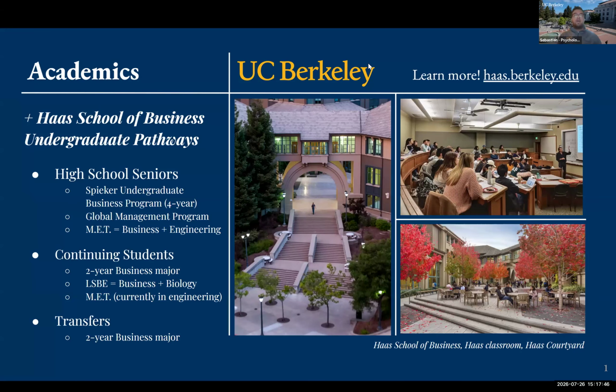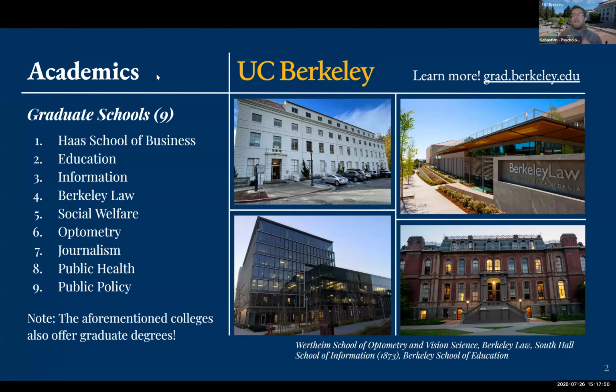All right, now we're going to go ahead and talk about some more of our graduate schools. But before we do that, we're going to launch a poll asking you, what are you interested in studying here at UC Berkeley? Because we've gone over many of our different colleges now, and so we want to know what you guys are here to learn about. But we do have 9 graduate schools in total, including the Haas School of Business,